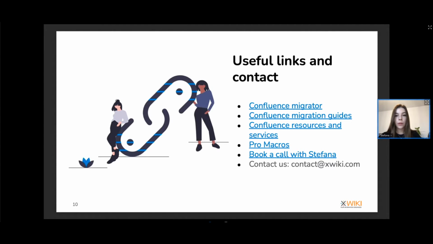Okay, you can also see here at the end of the presentation some useful links and contacts. First of all, we have the Confluence Migrator documentation on how to use everything that we saw today. Then we have the Confluence migration guide for both options. So what we saw today was the quickest or the integrated method, to say so, using the wizard, but there's also a more hands-on manual method using the filter streams that can offer you a bit more precision